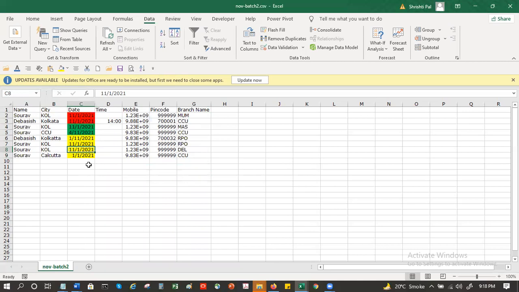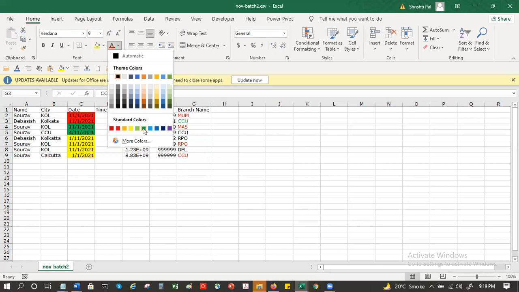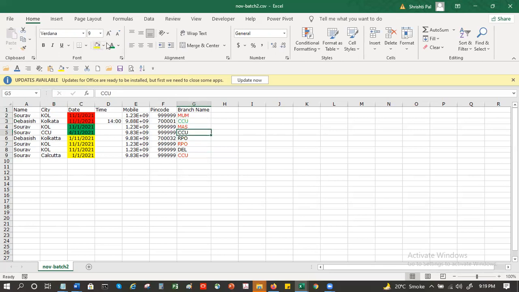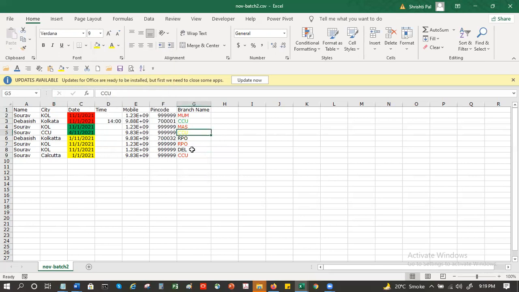Like this, I can do it for my font color as well. Suppose I have the font colors. This was cell color. I have the font colors here. Let's say I'm doing this as red. This also has red. This as red. This as red. This as yellow. I'm doing the font colors here. This is hardly visible, but